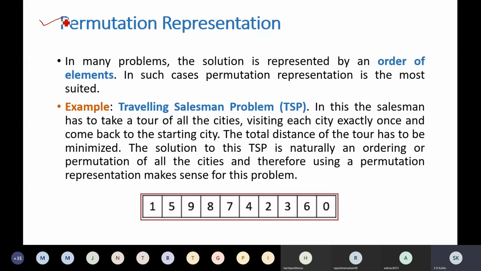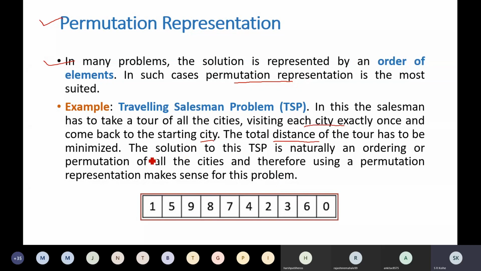Next variation or type of representation is permutation representation. That means where order is important. In many problems you will find order is important. In such a case, permutation representation is suitable. Now come to the traveling salesman problem, where the salesman has to take a tour of all cities, visiting each city exactly once and come back to the starting city.